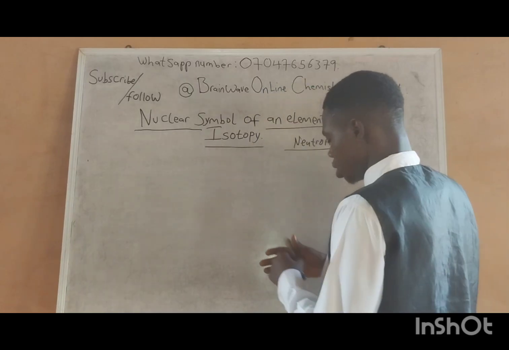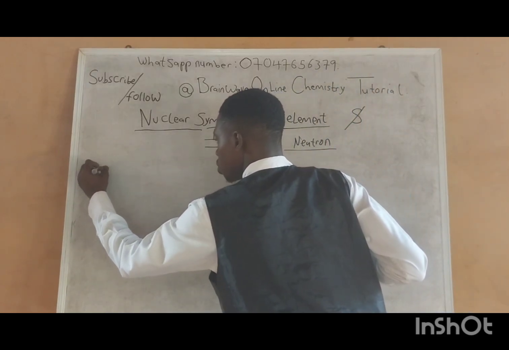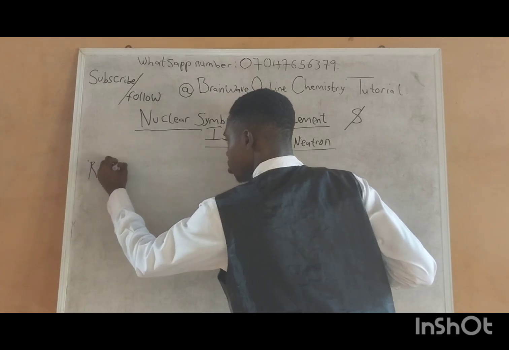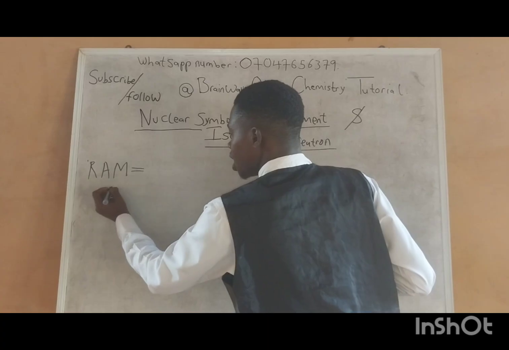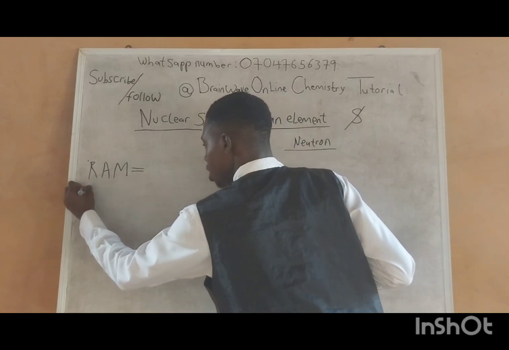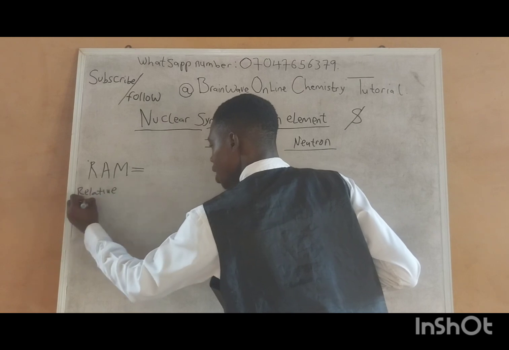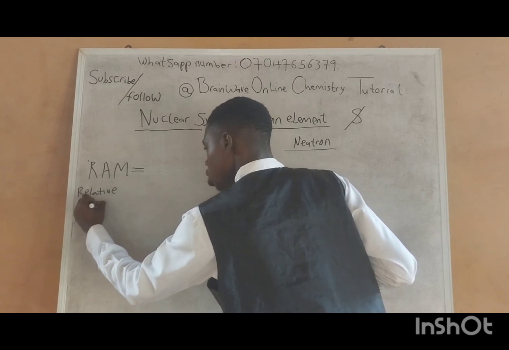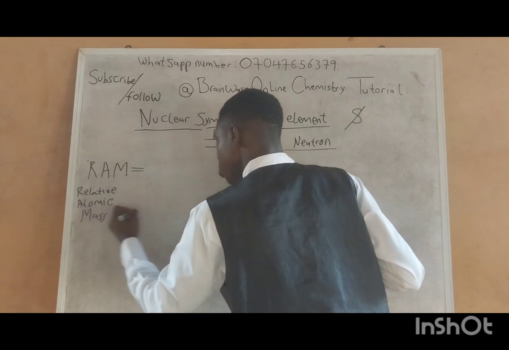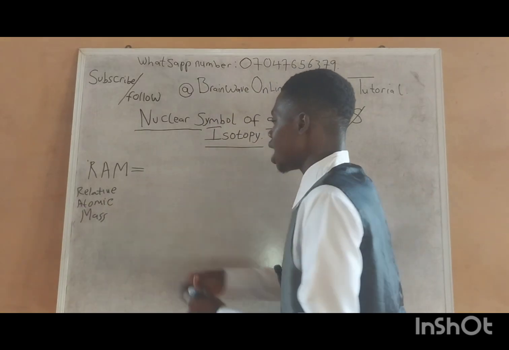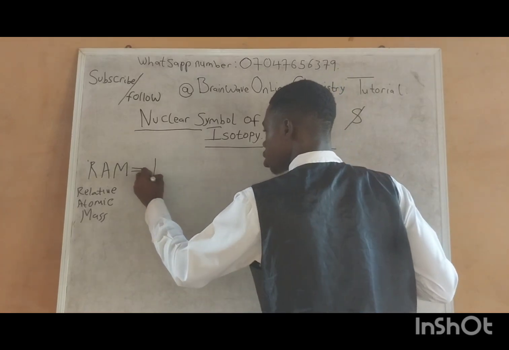Now the formula is, please take note of this formula. We have RAM equal to. Now please take note that RAM means relative atomic mass. So please take note that RAM means relative atomic mass. So relative atomic mass equals to first mass